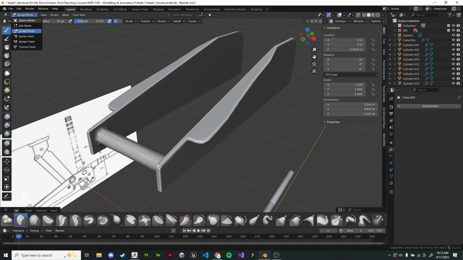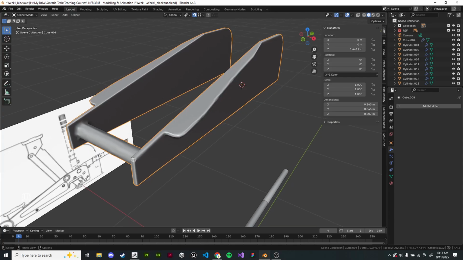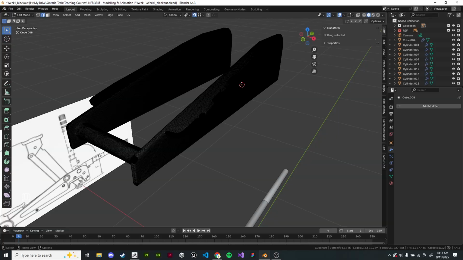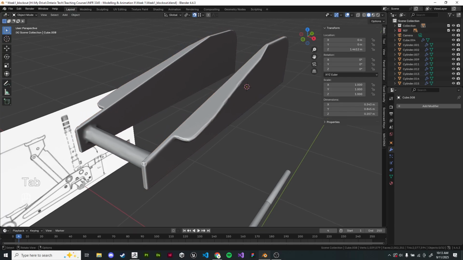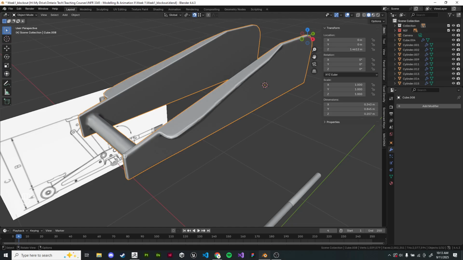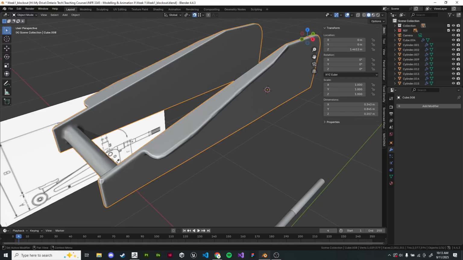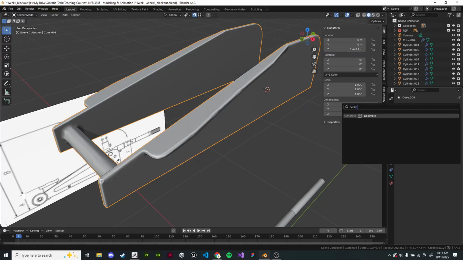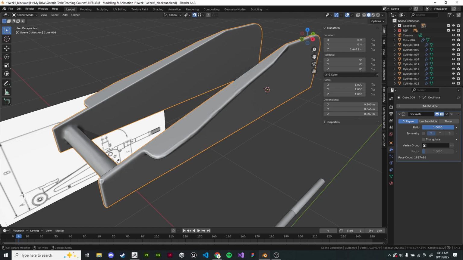So what's left to do with this one? Well, it's currently sitting at 101.9 million polygons, which I'm shocked that it's even running as well as it is. But when we go to bake this, we do not need 1.9 million polygons. It's super excess. So what we can do instead is add a decimate. This is also going to lag pretty hard, but if we set this to like 0.5,